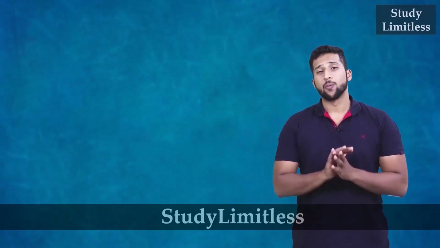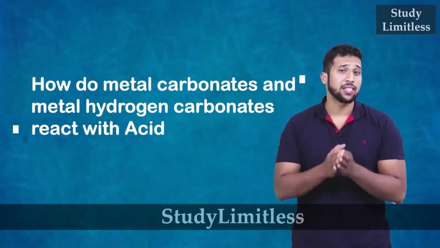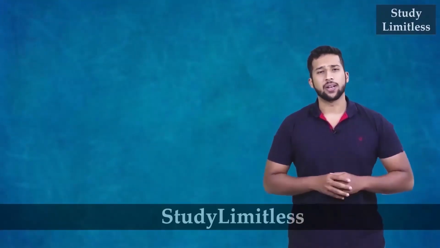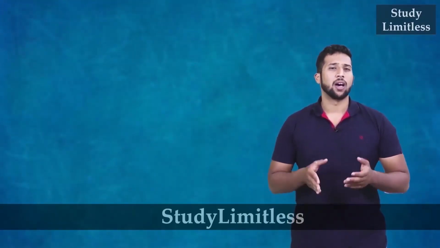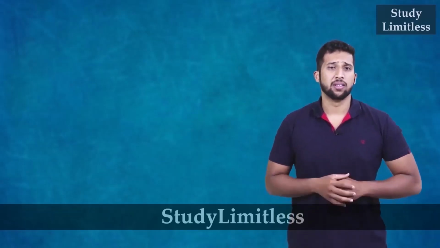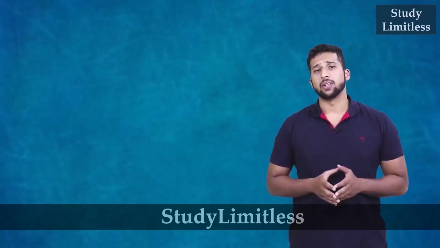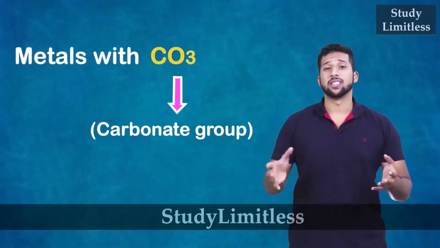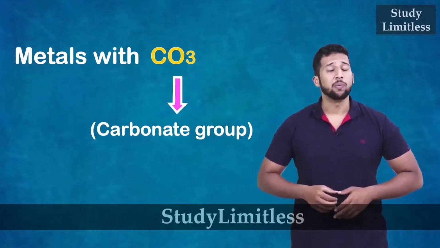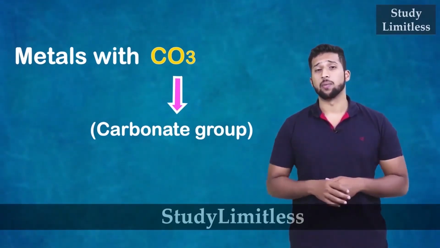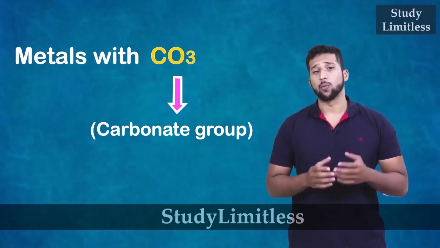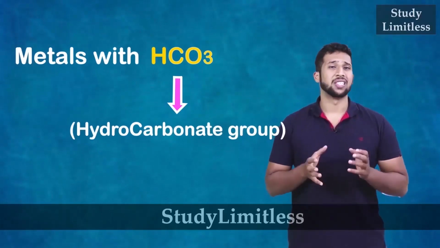Now let's start off with the reaction between metal carbonates and acids, and metal hydrogen carbonates and acids. For this, first we need to understand what actually are metal carbonates and metal hydrogen carbonates, or hydrocarbonates. Metal carbonates are nothing but a metal which is in a compound with the CO3 group, which is the carbonate group, and a metal hydrocarbonate is nothing but a metal which is in a compound with the HCO3 group, which is